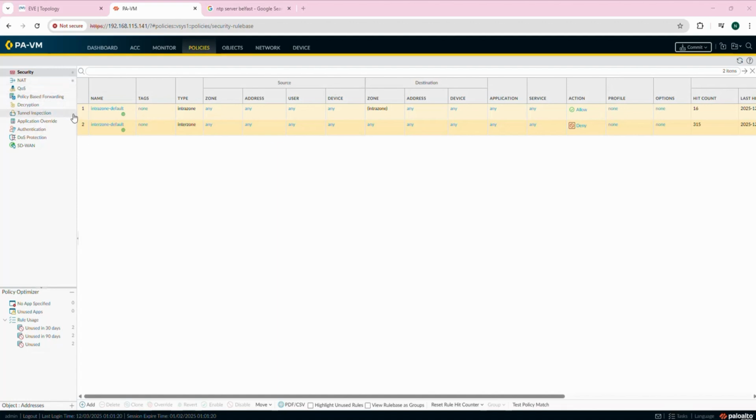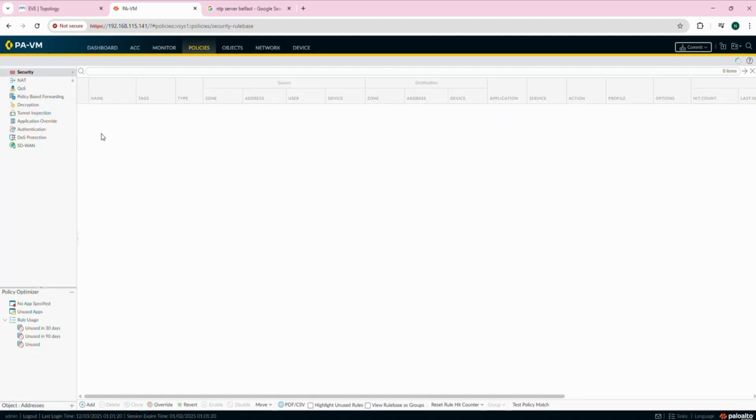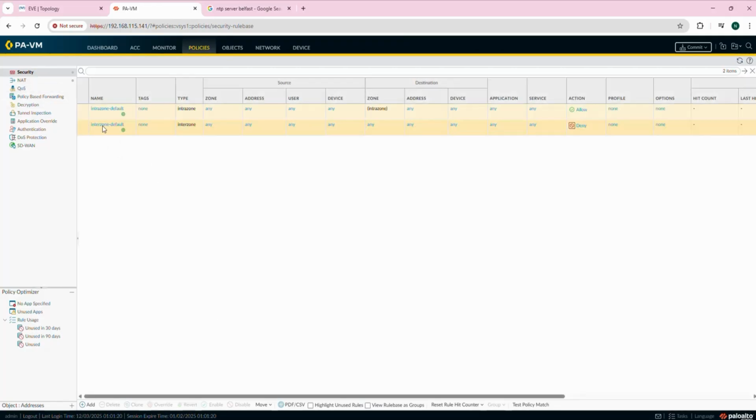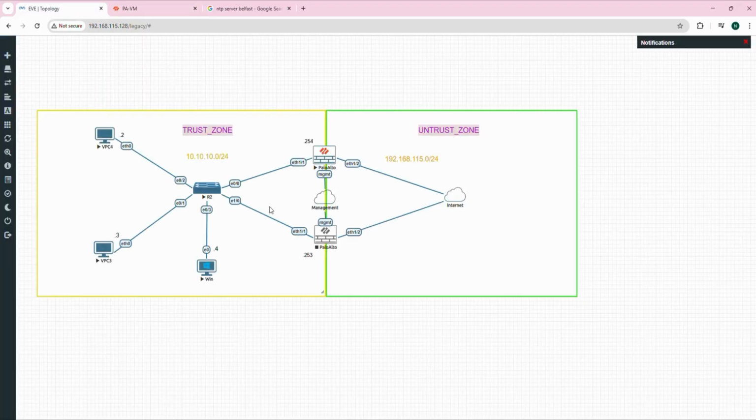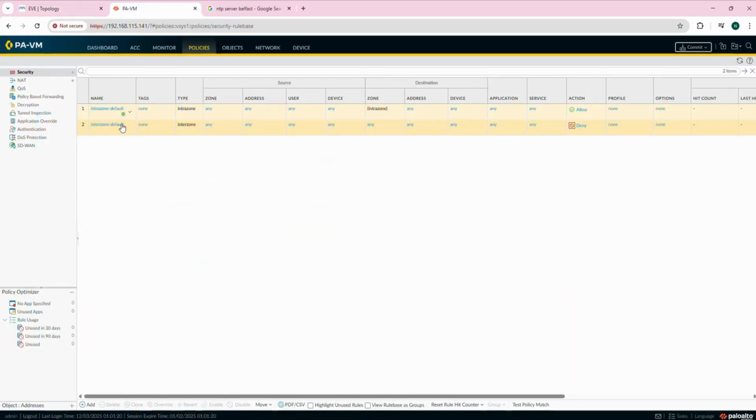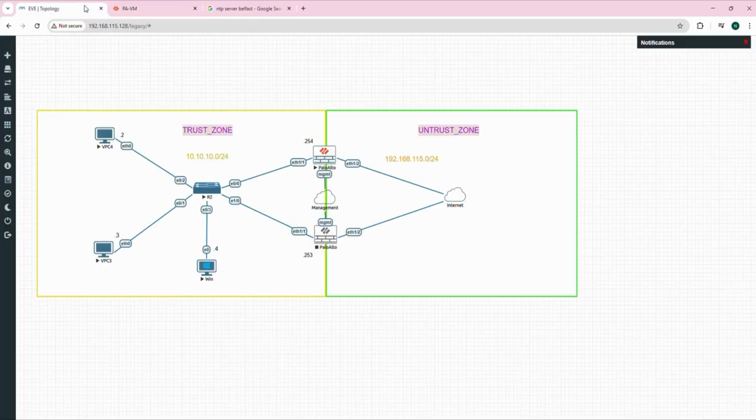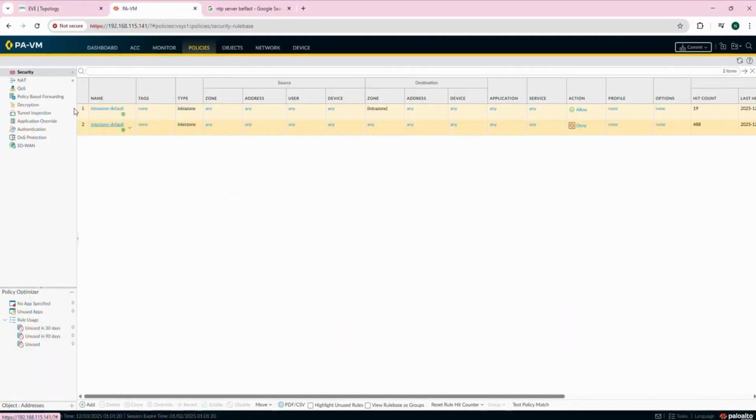So once you click the security, you will see two default policies. One is intrazone and one is interzone. Intrazone is within one zone, and interzone is between two zones. So the interzone traffic, between two zones, is denied, and within a zone, the traffic is